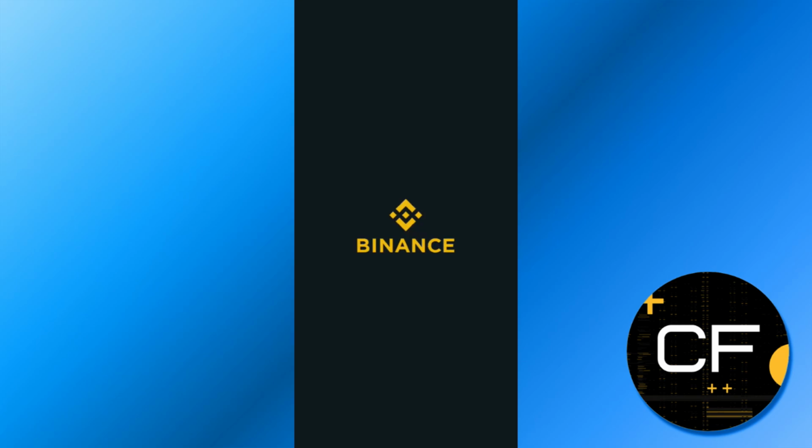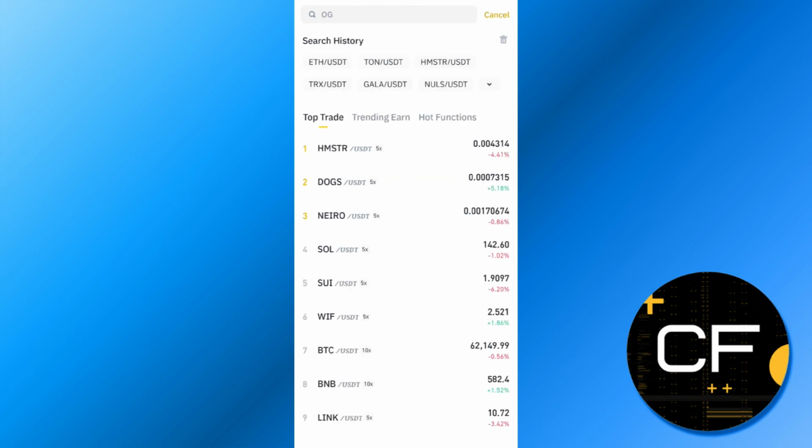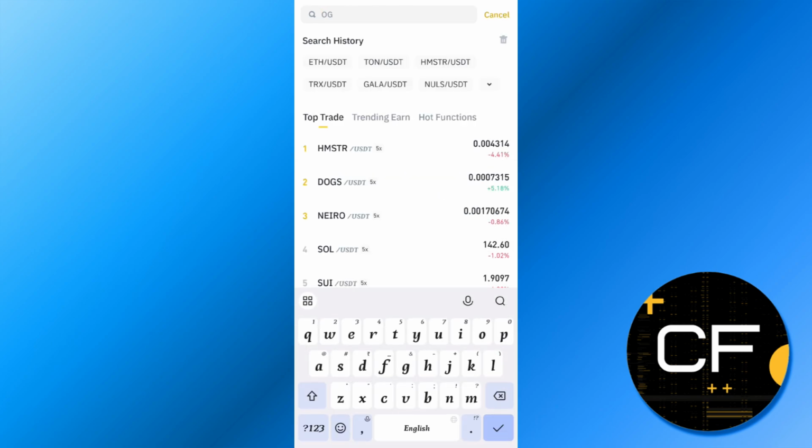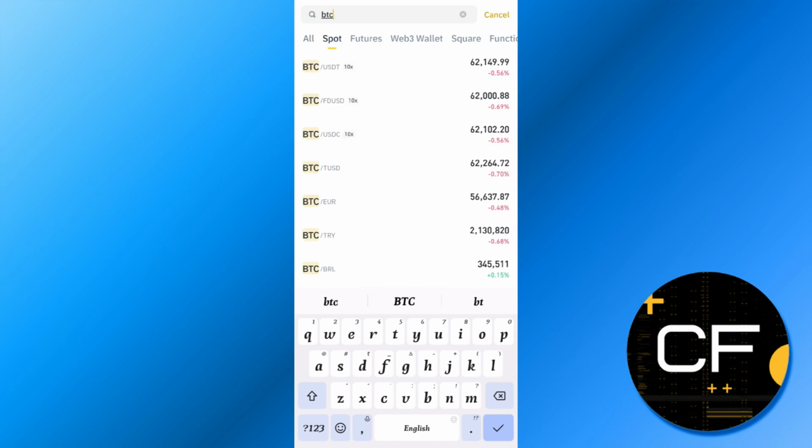For that, open Binance app, and over here on the home page you need to use the search bar in the top, and here you need to search for BTC. Now once you search for BTC, you will be on the all section, but you need to tap on spot because most of you would like to purchase Bitcoin on spot, because here we are not talking about derivatives or